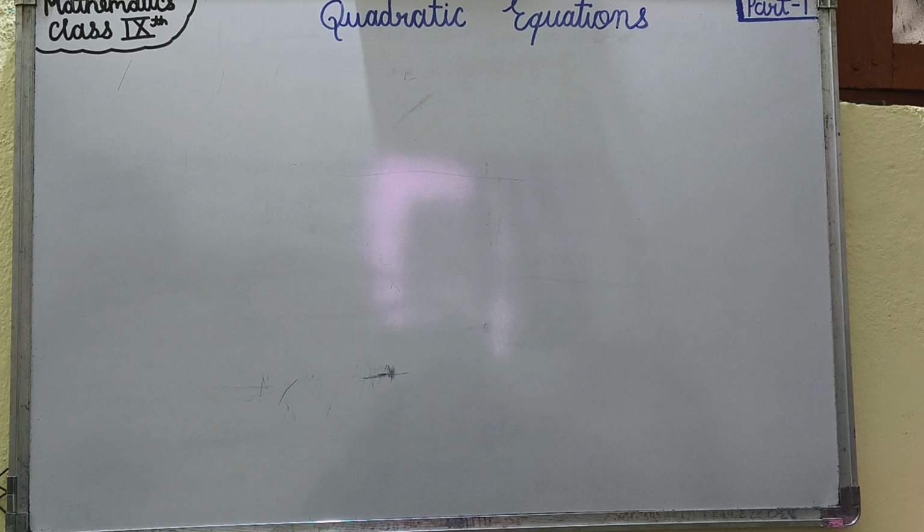Today we are going to learn Class 9th Mathematics Chapter Quadratic Equations Part 1. In this part we are going to learn the history of quadratic equation, introduction, degree of a polynomial, quadratic polynomial, zero of a quadratic polynomial, quadratic equations, general form, interesting note about the constants a, b, c, methods of finding roots of quadratic equation, factorization method, direct method or formula method,